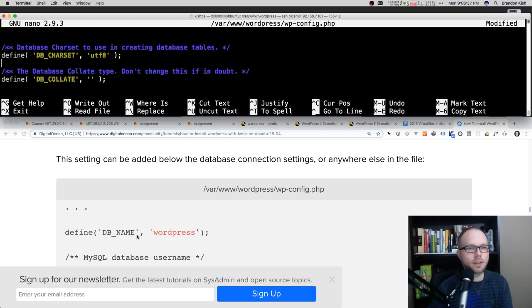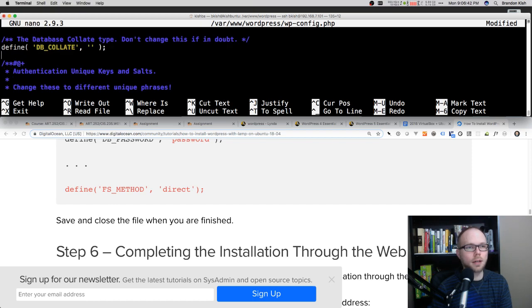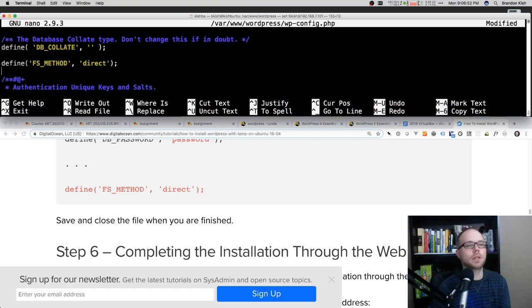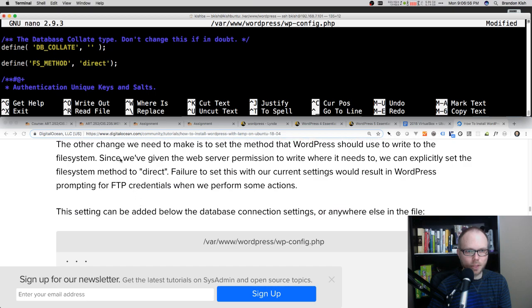And then the only other thing that they ask us to do, I think, is add one more line. And I'm just going to put it after this other define statement. It's going to say define fs_method, and you could copy and paste this. We're going to set that to direct. And let's see what that does. Since we've given the web server permission to write where it needs to, we can explicitly set the file system method to direct. Failure to set this with our current settings would result in WordPress prompting for FTP credentials when